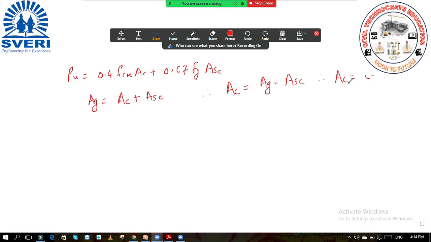500. It is 250 into 10 raised to 3. So it is 250 into 10 raised to 3 minus ASC. This is your concrete. So now put the values. So PU is equal to what? 3000 kilonewton. So into 10 raised to 3 it gets converted into Newton. 0.4 as it is. FCK 20 AC. For AC it is 250 into 10 to the power 3 minus AS. Okay, this is our first bracket plus